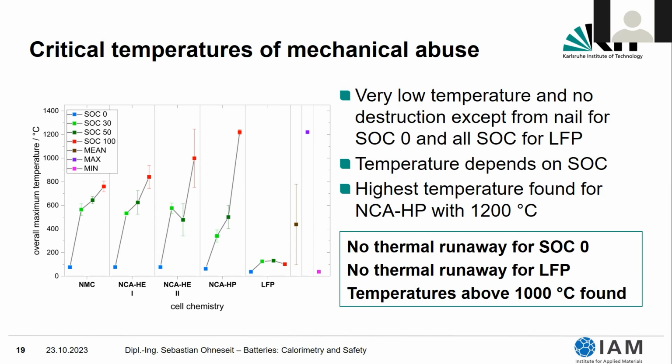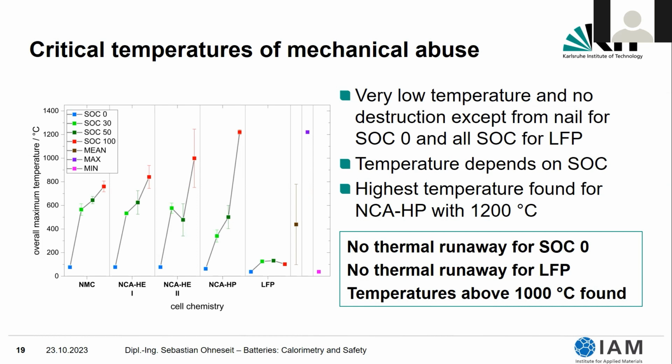We can find very low temperature and no destruction for SOC 0. So you can see here, it stays below 100 degrees C. So there's actually just electrolyte getting out, a little bit of vapor, a little bit of boiling of electrolyte, but no fire, no smoke for all of the cells at SOC 0. And for all states of charge, for the LFP cell, this is what is happening. This is already well known for LFP cells, that they do not go into thermal runaway from nail penetration, but we were able to demonstrate it again for type 21700 cells,